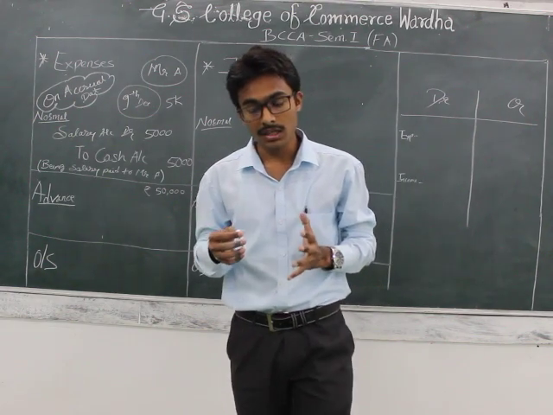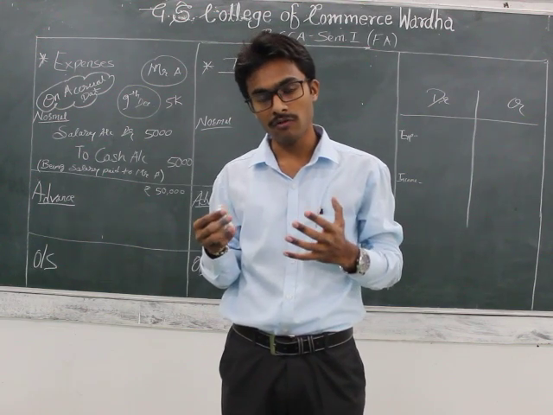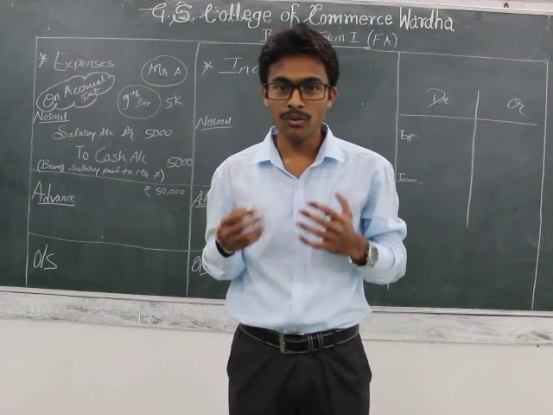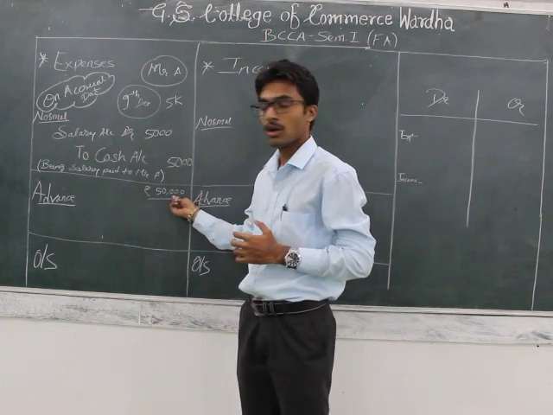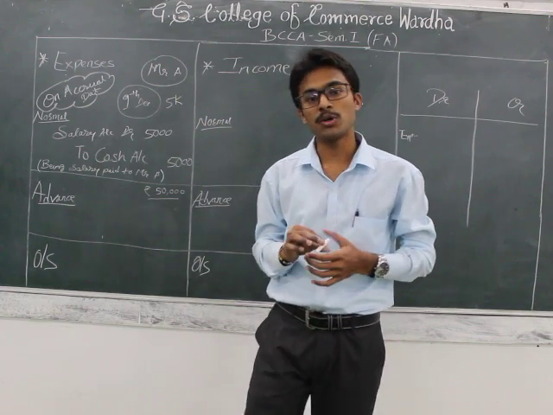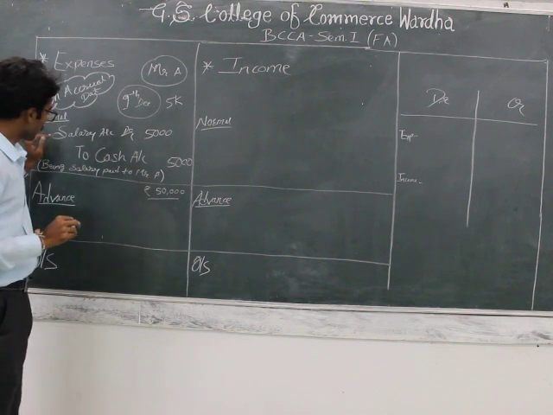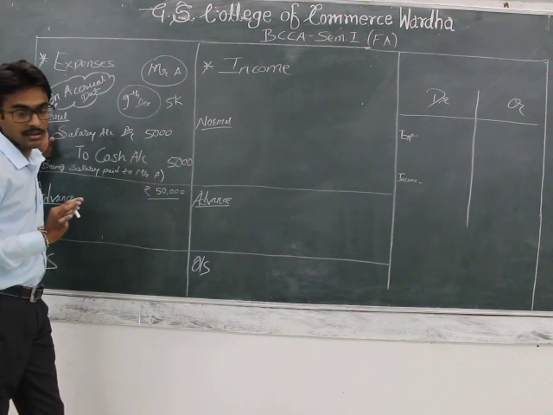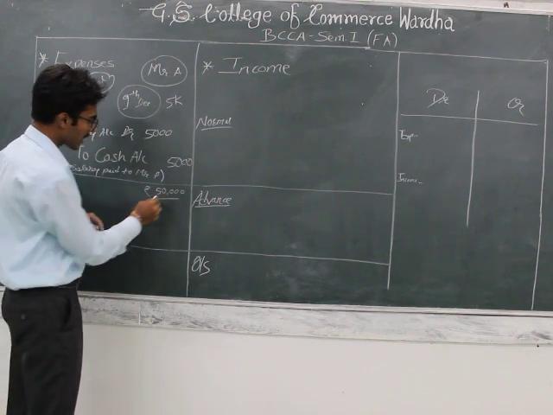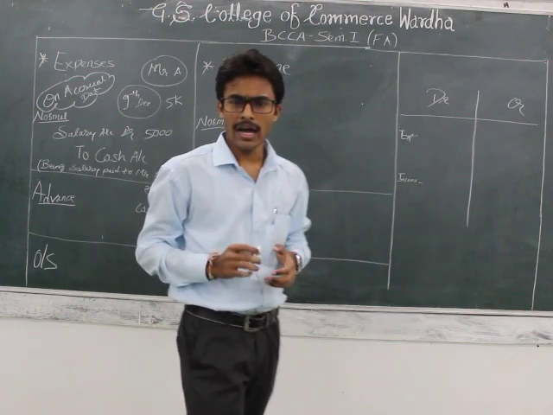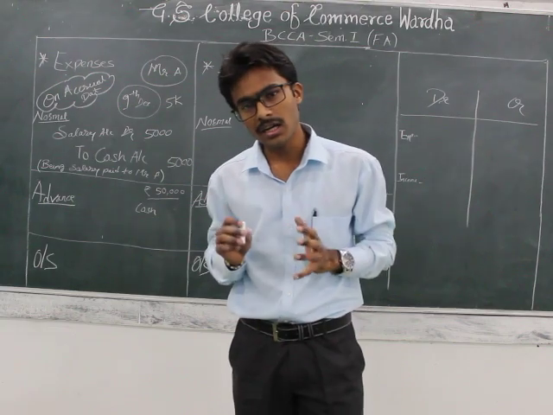But he is in need, requiring some amount which we can give to help him. So we are providing rupees 50,000 to Mr. A for his personal expenses. We have not incurred expenses yet, but we have provided cash. We have provided cash of rupees 50,000, and we know that there are 3 subtypes of